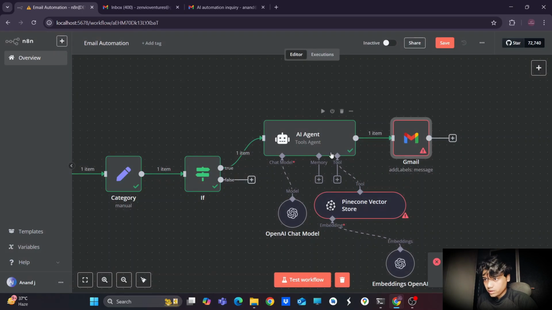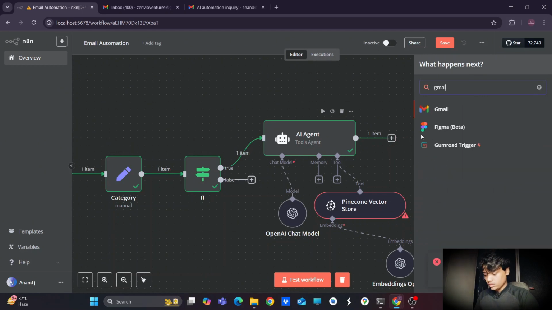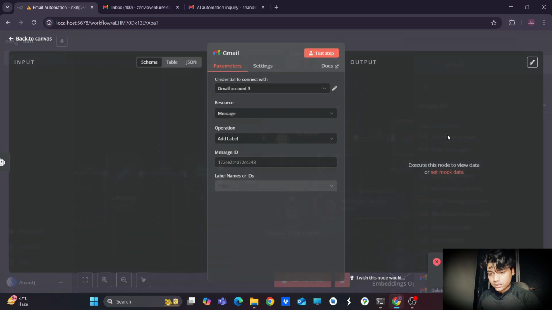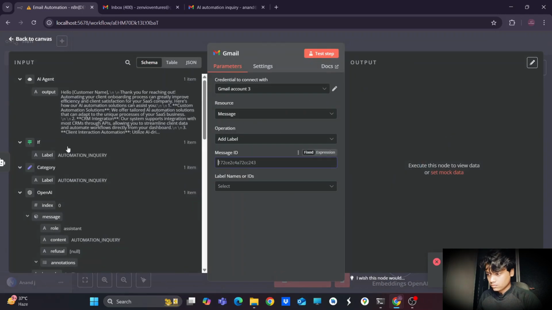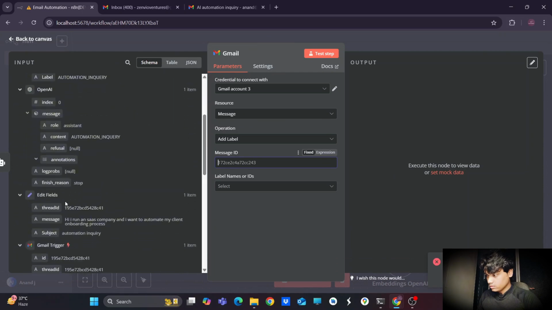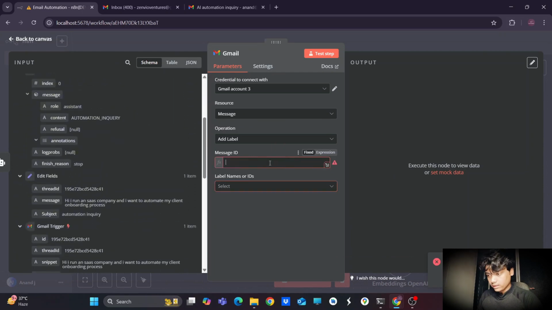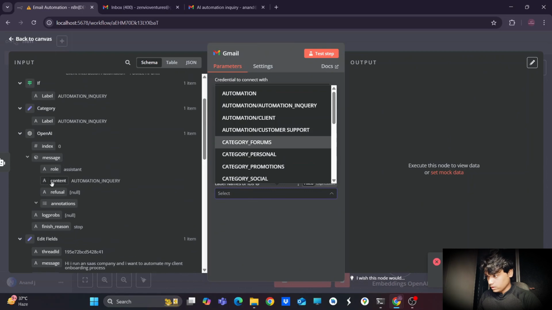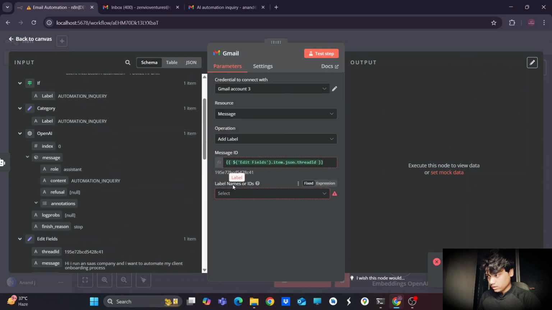I think we need to add this node again. Gmail, add a label to message. Message ID, this thread ID, and select names or IDs. I'm selecting the label as this one.